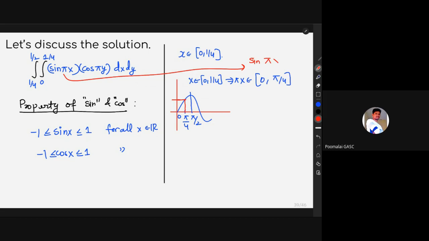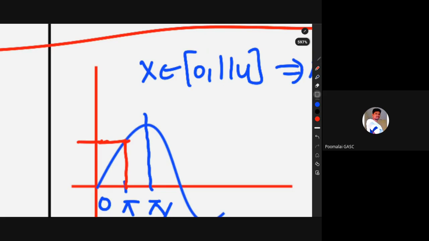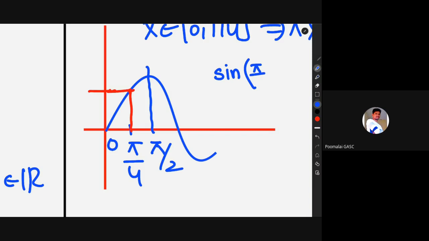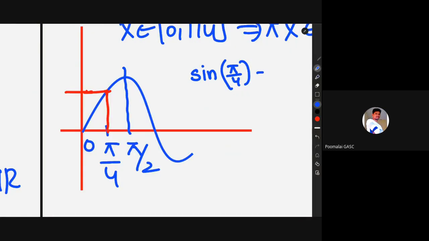So we are only interested in this part. Let me zoom it a bit. So we are only interested in this part, correct? Now in this part, you can see that sine, what is the maximum value of sine? Sine takes its maximum value at pi by 4, which is